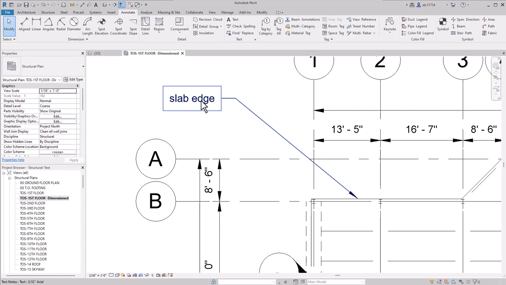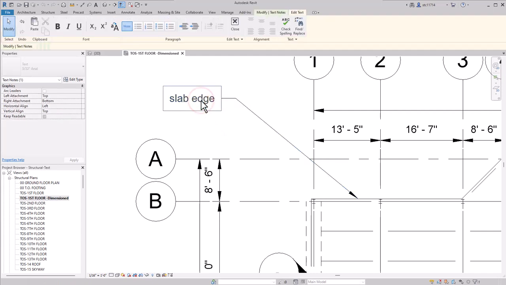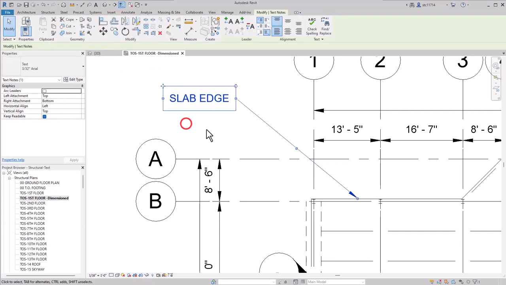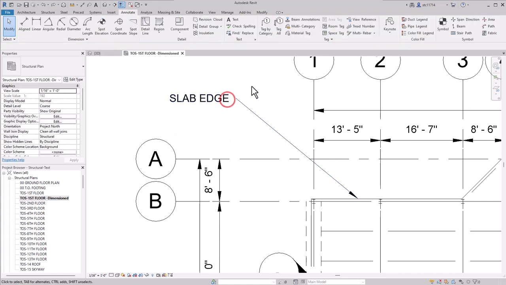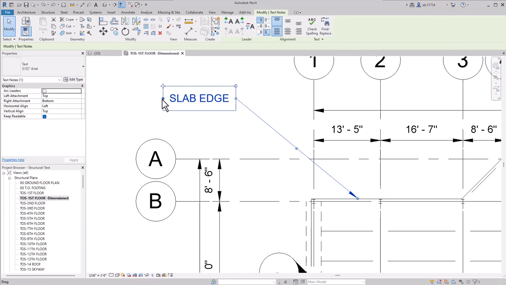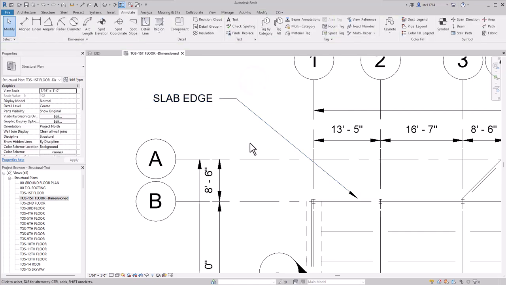If you want to edit text, you can just simply double click on it, and that will take you back into the editor. One of the tools that we have in our ribbon is the ability to convert text to all caps. So I will go ahead and select the text here and choose that option to convert that into all capital letters. In this case, it covered up some of the landing here, so I will just simply select the text and select the grip on the left side here and drag it back over to the left to get that landing to show up. I'll repeat those steps to create some text on a detail view.